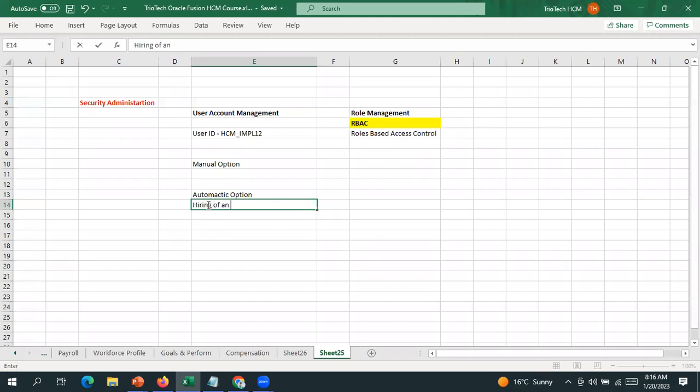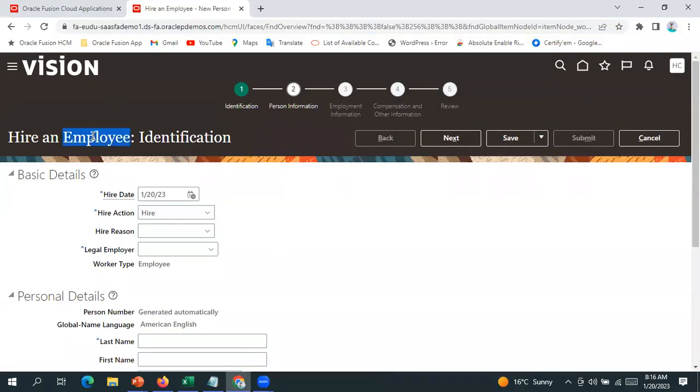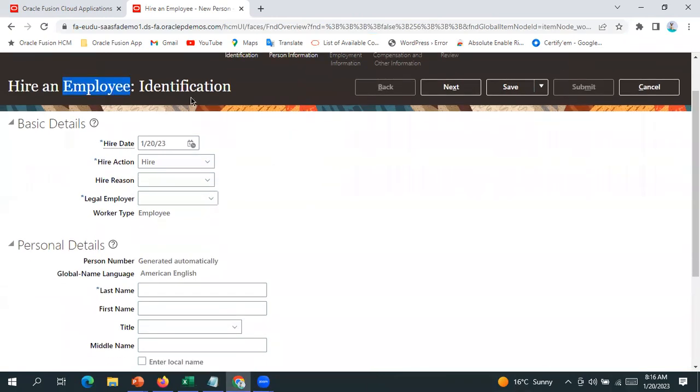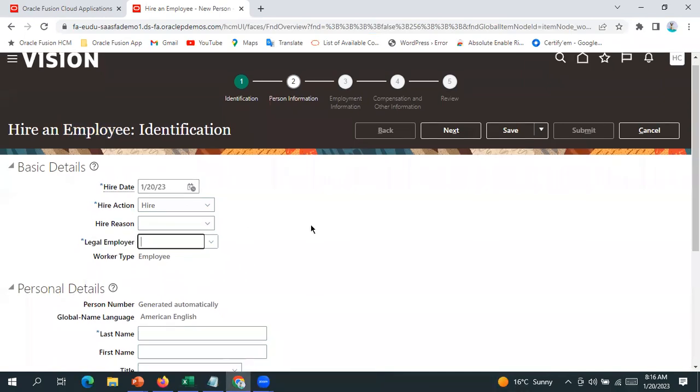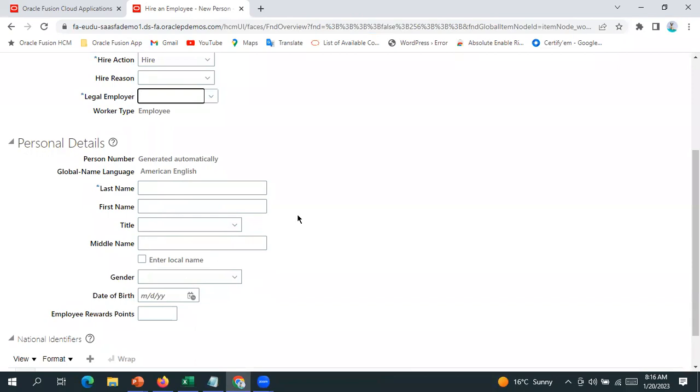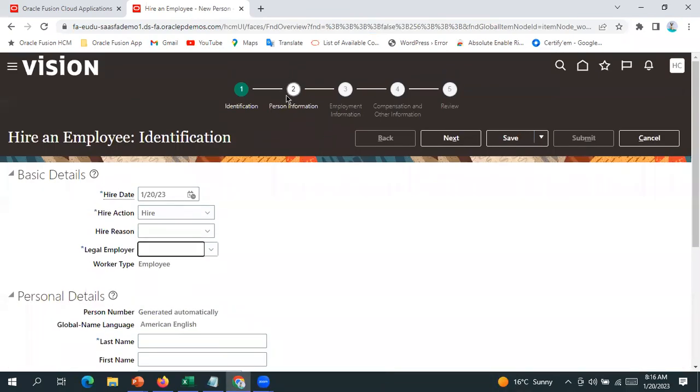of an employee takes place in the system, whenever you create the employee record in the system, automatically the system will create the user account. While we are hiring the employee, team, we will provide all the basic information of the employee, like what is the hire date, in which company we are hiring the employee, his name, first name, last name, middle name. Then in the second tab, we will capture the employee email, phone, everything. So depending upon that basic information we are providing,